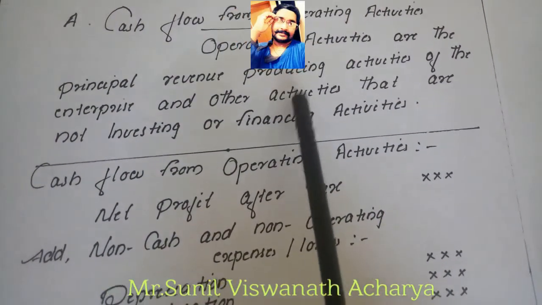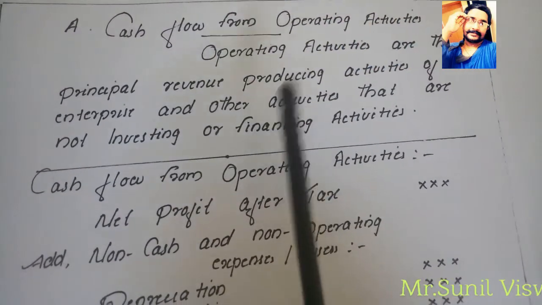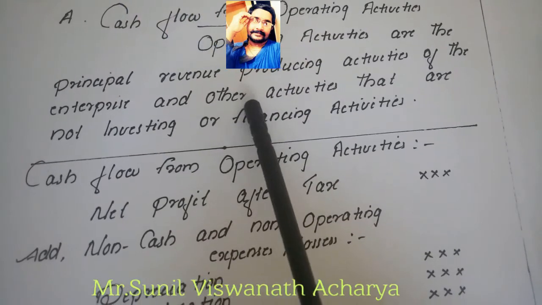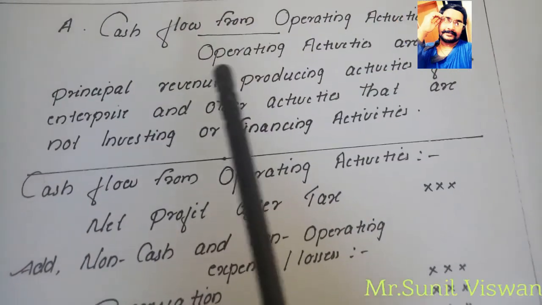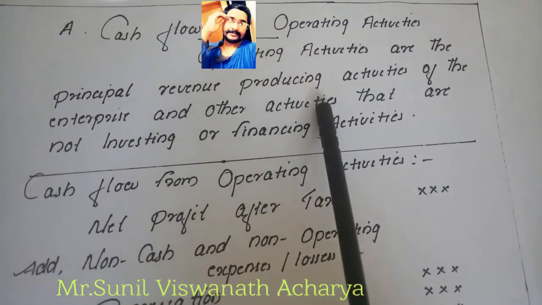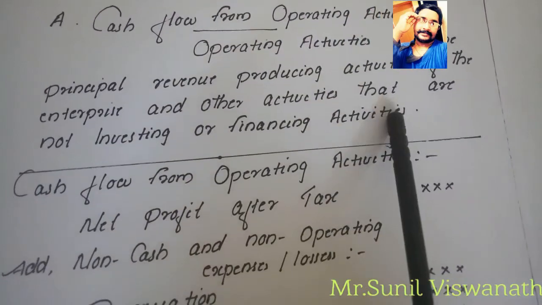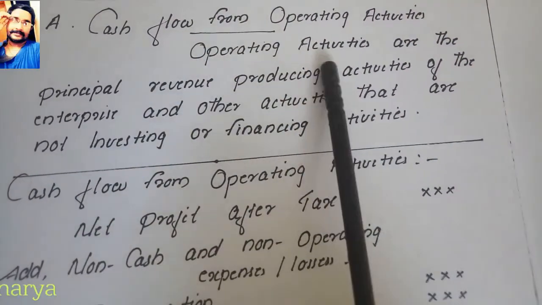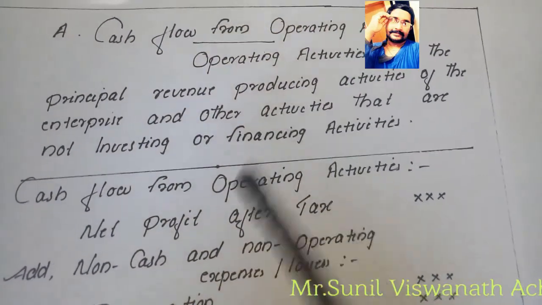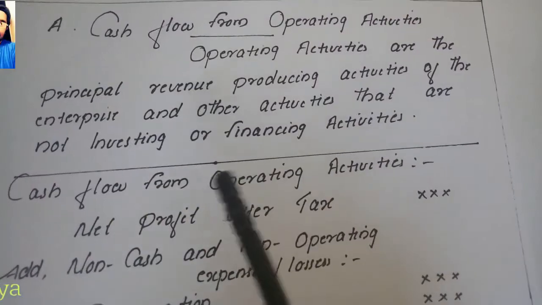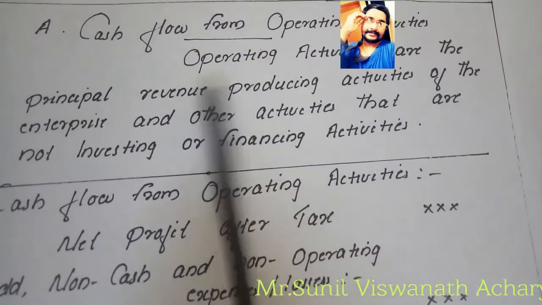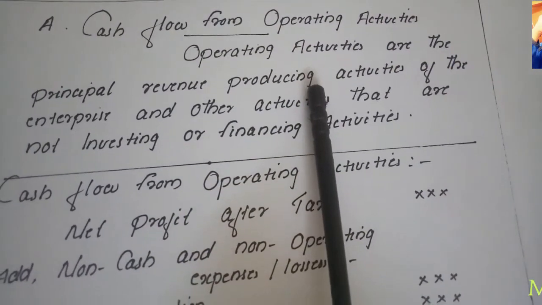Operating activity. Suppose you are doing textile business, so purchase and sale of textiles, the revenue creating activity and the related expenses and incomes are related to operating activities. If you are doing marble business, so purchase and sale of marbles and related expenses are concerned with operating activities. If you are doing banking business, accepting deposits and lending money, those finance related activities are the main activity that comes under operating activities.